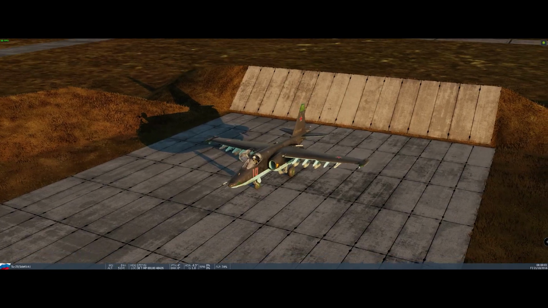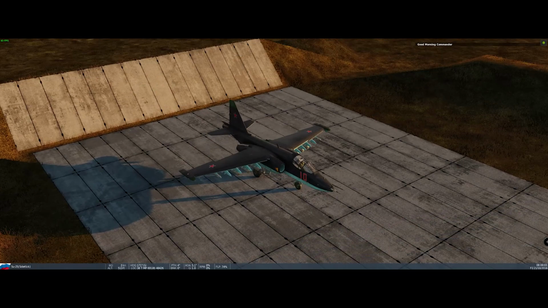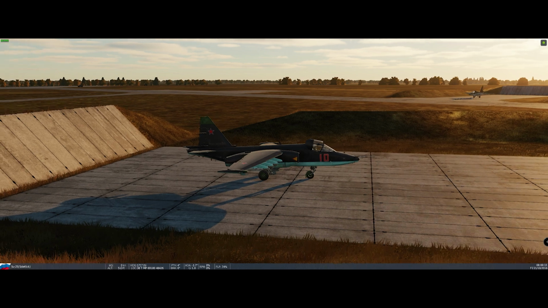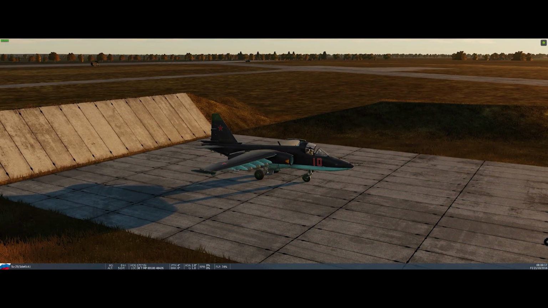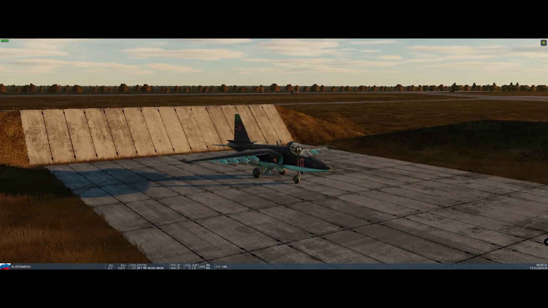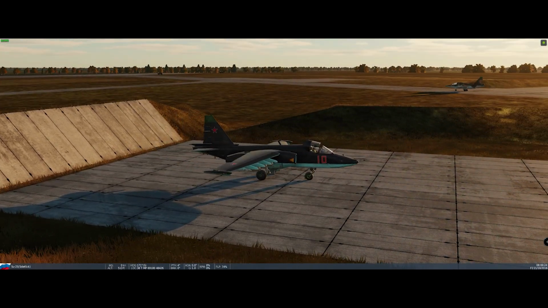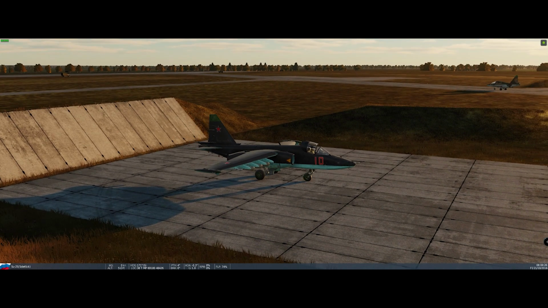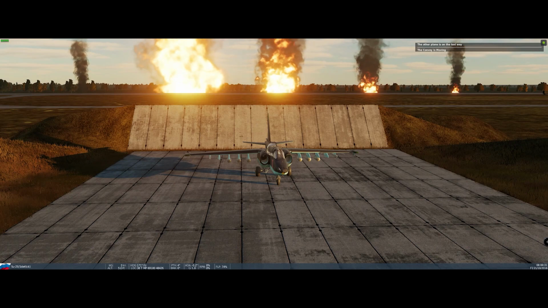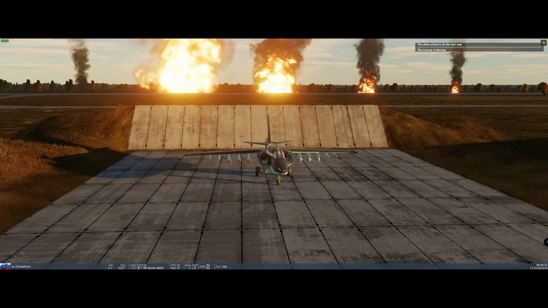Okay, so as I said, we can just go to F2 view, spin around. There's our friend. He starts to move. We'll just look over the back of our aircraft, and we'll see the effects appear when he trips that trigger. Right up there. Okay, so now when we look on the horizon, we see small, medium, large, huge smoke and